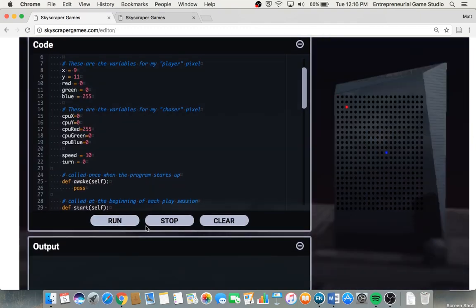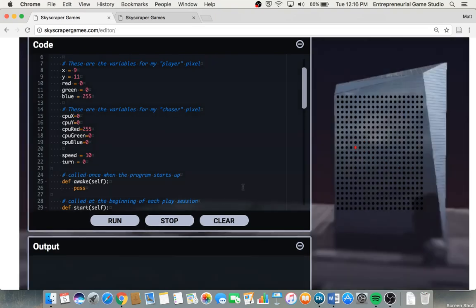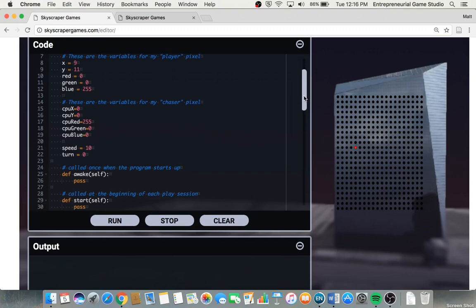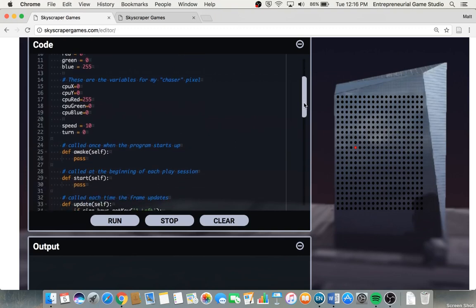We've got this blue dot, which is the player. We can move that with the W, A, S, and D keys. The red dot is the computer, and it's chasing us, but it's a little slow right now. So I want to add some logic to make that speed up. And then after that, in the next lesson, we'll add logic for ending the game when you get caught